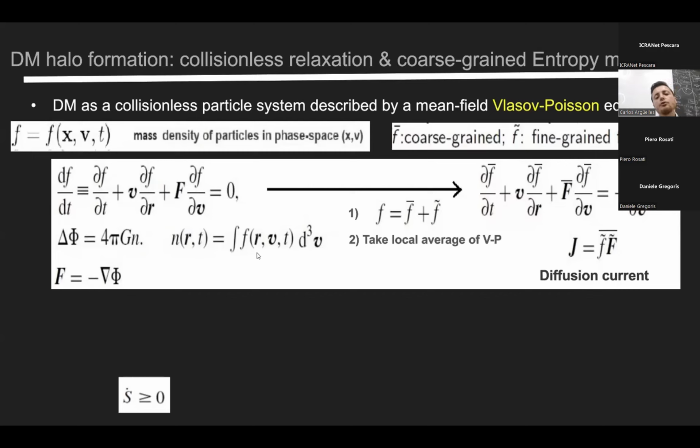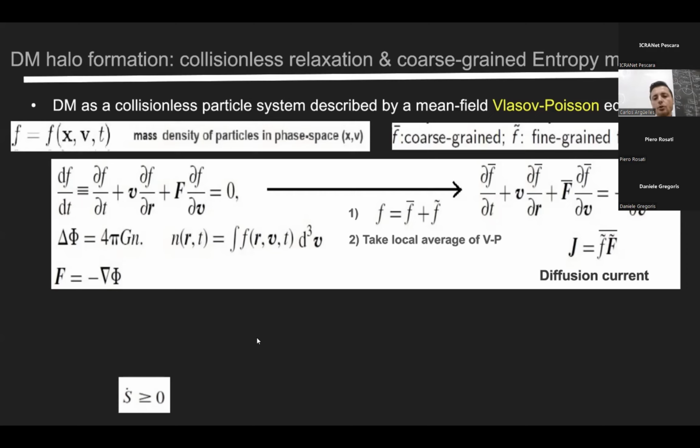So the challenge is to try to solve this equation, try to find the most likely phase space density when the system goes to relaxation. And there are two standard ways to do this nowadays. One of the main avenues to attack this problem is through N-body simulations, as you probably know. But in this case, we will start attacking this problem through a more